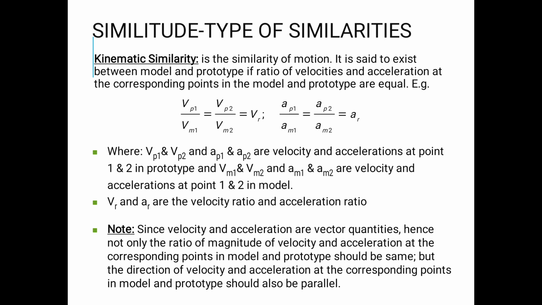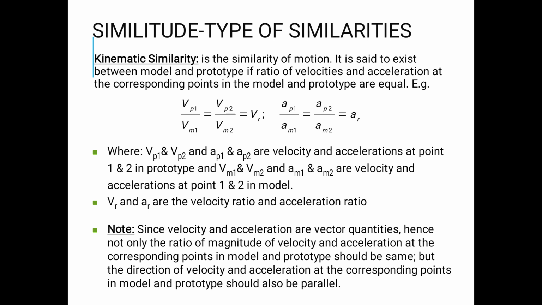That is, Vp1 divided by Vm1 is equal to Vp2 by Vm2, that is equal to VR, or Ap1 divided by Am1 is equal to Ap2 by Am2 is equal to AR, where Vp1 and Vp2 and Ap1 and Ap2 are velocity and acceleration at points 1 and 2 in prototype, and Vm1 and Vm2 and Am1 and Am2 are velocity and acceleration at points 1 and 2 in model, and VR and AR are the velocity ratio and